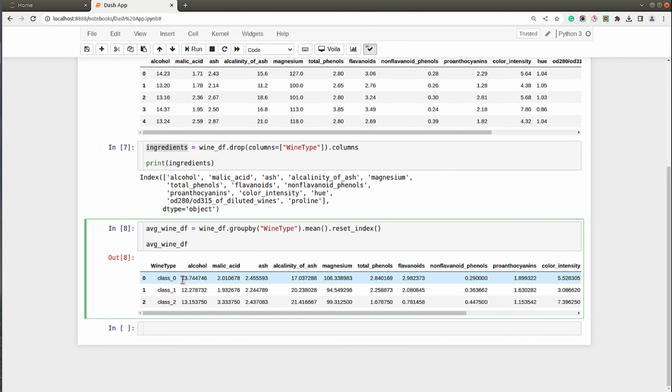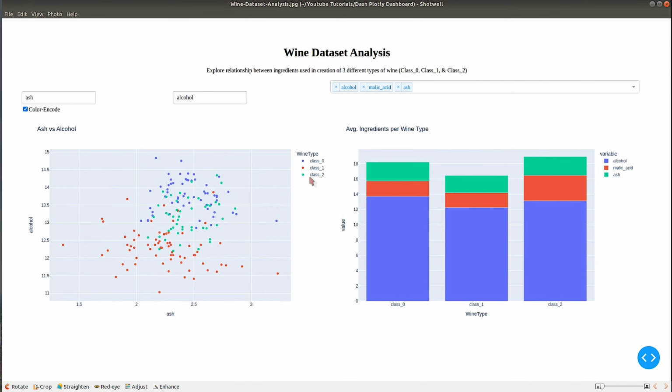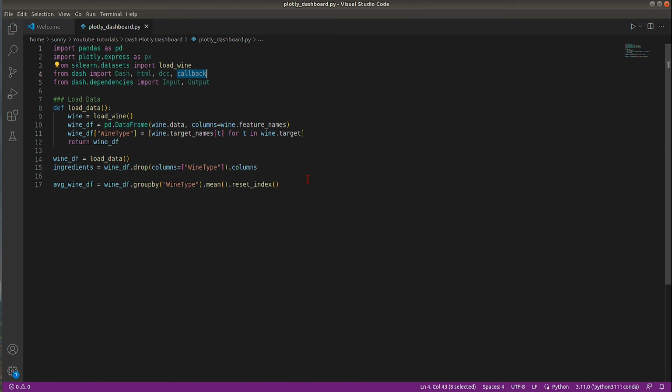So for class 0, I have on average 13.74 alcohol. For class 1, I have 12.27 average alcohol, and so on. So this second data set will be used to create our stacked bar chart. So this first scatter chart will be created using wine df, and this stacked bar chart will be created using average wine df. Right, so let me jump to my editor and create our first chart, which is